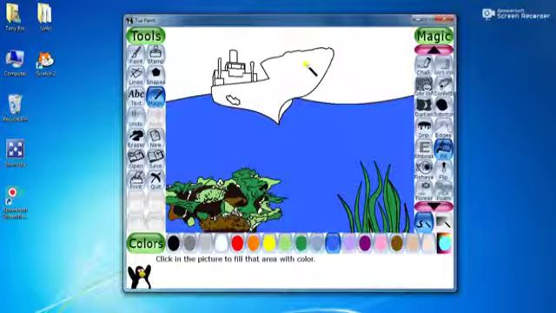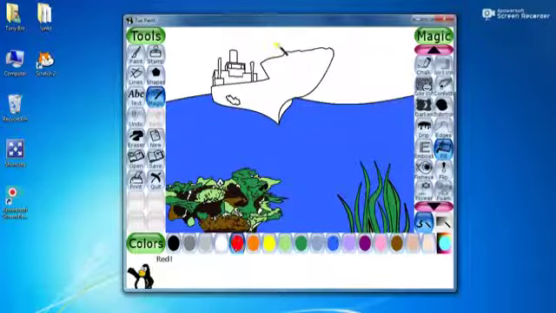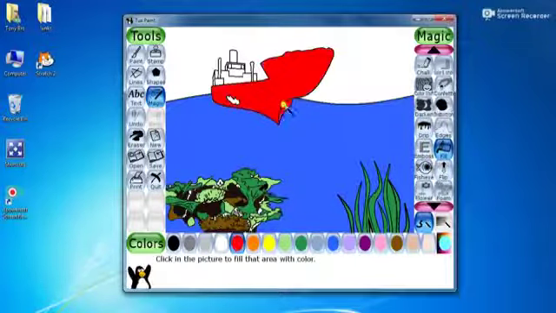Okay, now let us paint the boat. No, it's a ship, very large. So I will select some suitable color, maybe.